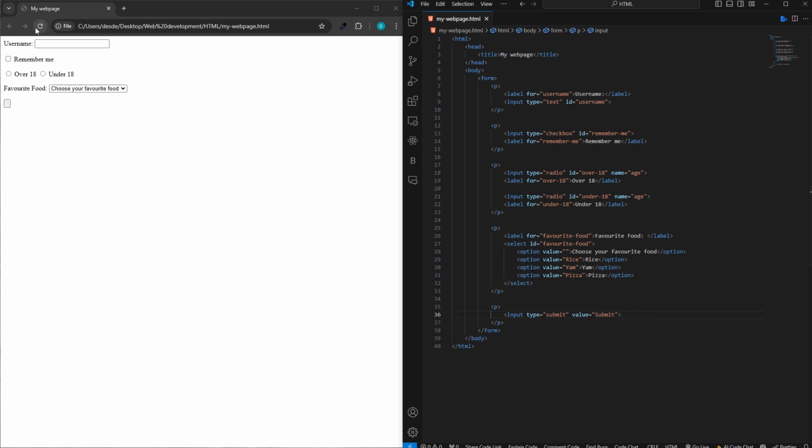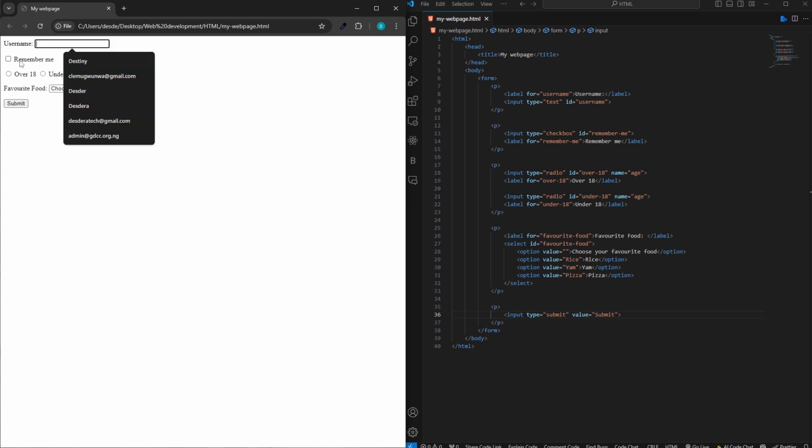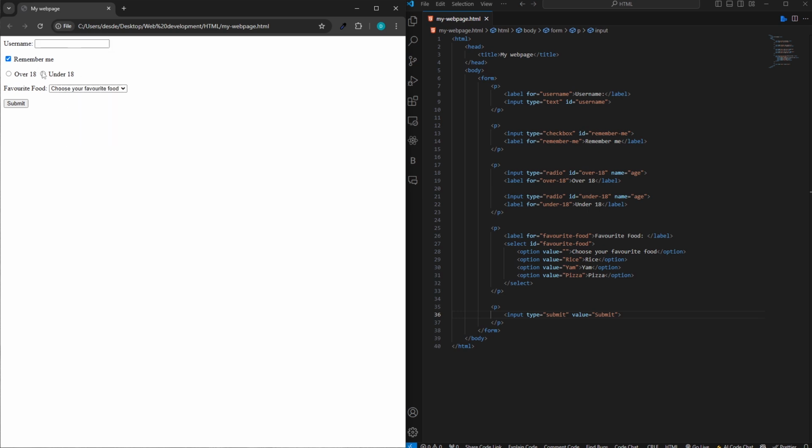We'll save this. Now we can see a submit text here. So what this button just does is it submits the form values. So if I check remember me, add a name, and I submit this,